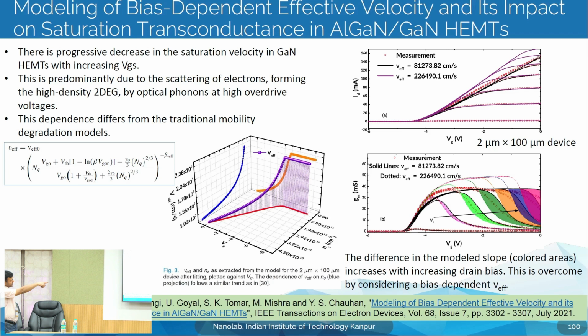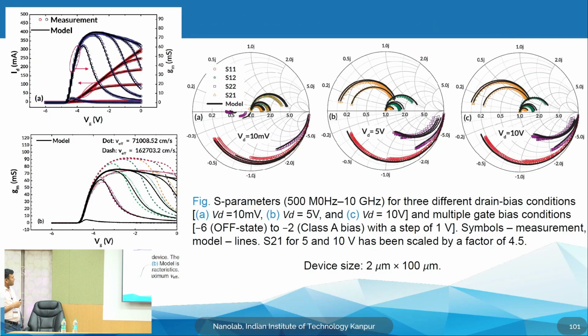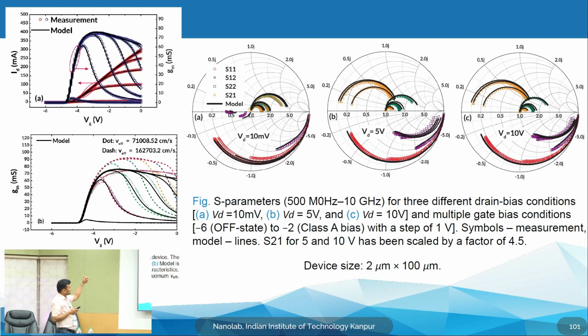Similarly here this is the GM, again shown: one is overestimating in some region, the other is underestimating in some region. So, with this new velocity saturation derivation, we are now able to capture the GM properly and also all the validation for the RF small signal parameters,